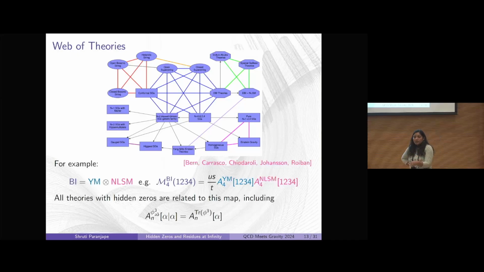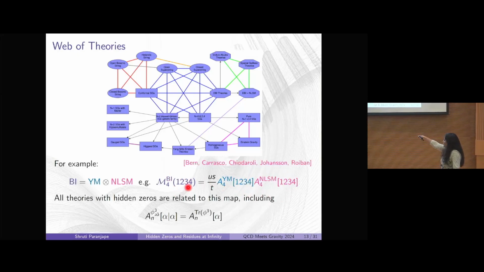We'll be thinking about it from the KLT point of view, but the idea is the same. There's some web of theories that are connected by these multiplicative relations. And the KLT relation tells you, for example, that in Born-Infeld, the 4-point amplitude looks like some kinematic kernel times the Yang-Mills amplitude times an NLSM amplitude. Good. So the amplitudes that go into the double copy is what I'm going to call a single copy